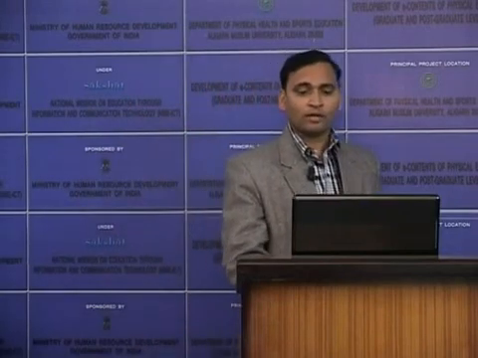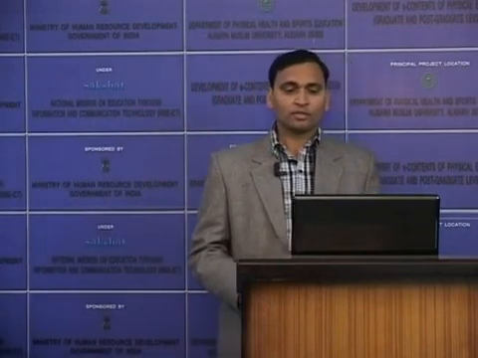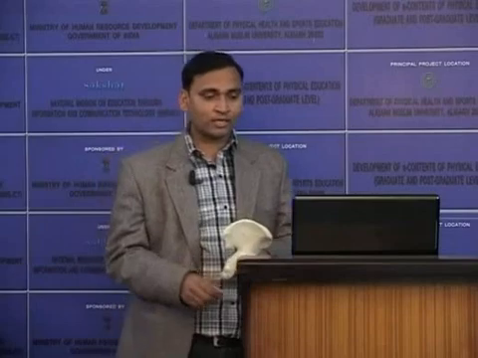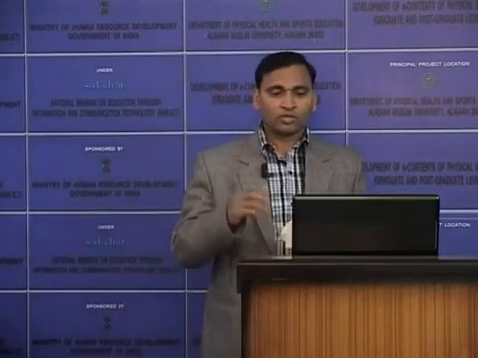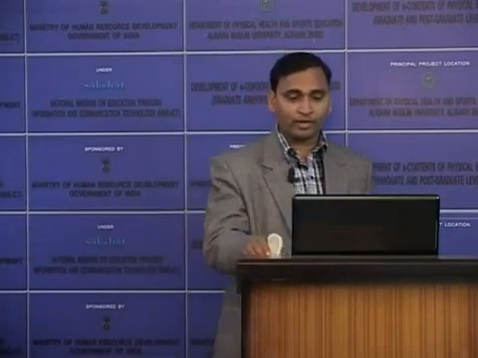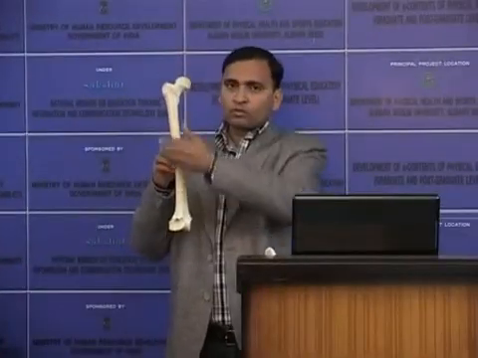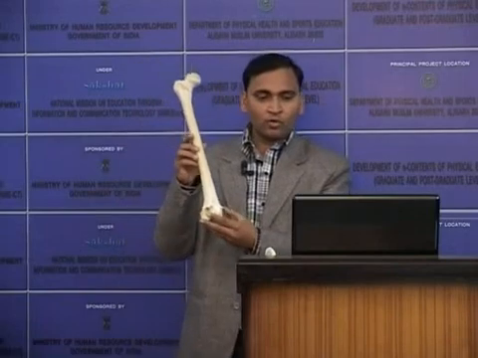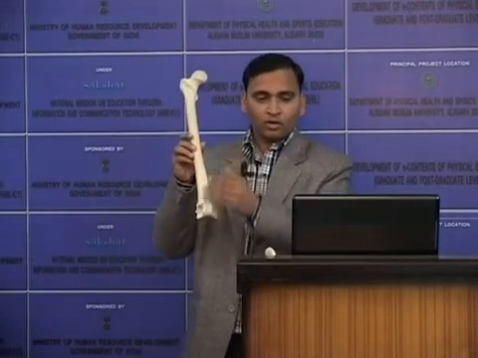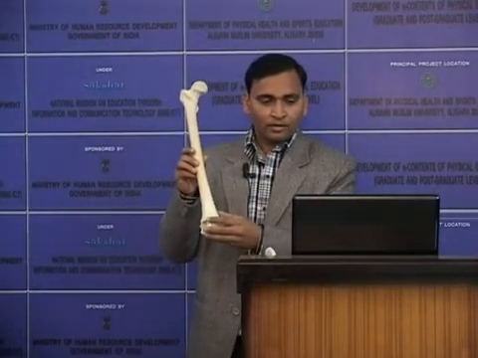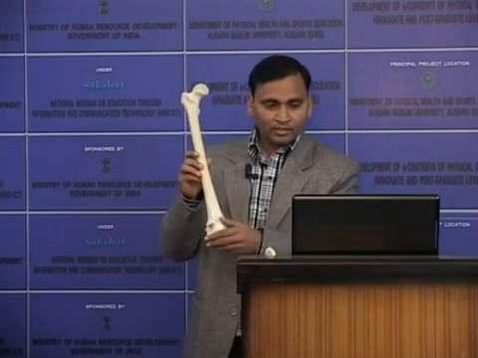Now come to the insertion of that sartorius muscle. It comes all along the anterior fiber and is inserted in form of tendon, surrounding the medial condyle of femur. This sartorius muscle comes down and is inserted over the medial condyle of femur, as well as inserted over